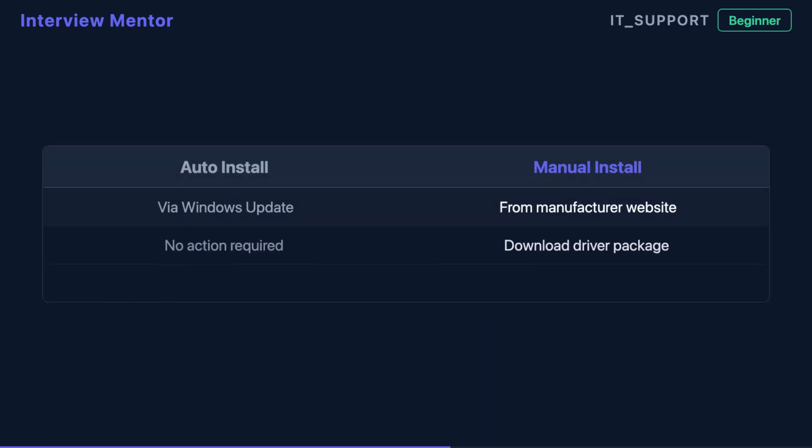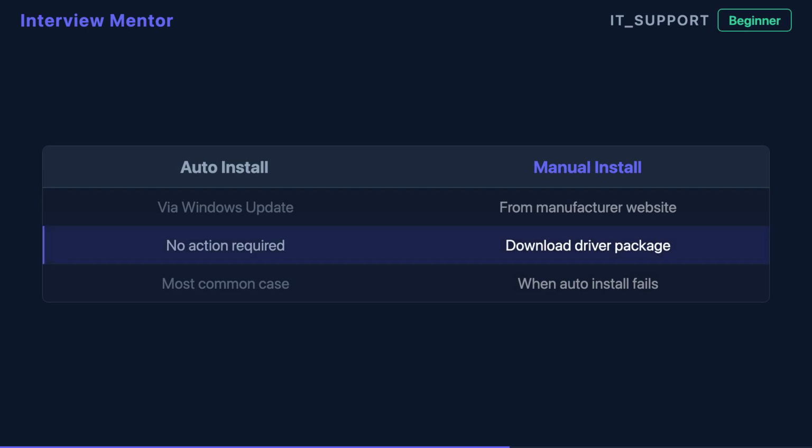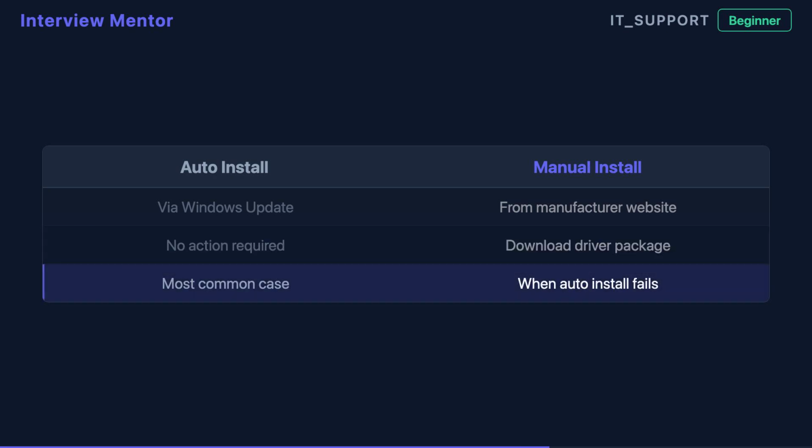After adding the printer, Windows will try to install the driver automatically through Windows Update. No action needed on your part if it works. But if the driver isn't found automatically, you'll need to go to the manufacturer's website, HP, Canon, Epson, and download